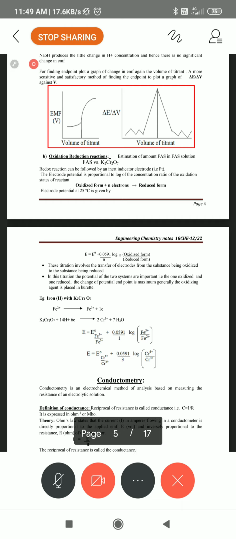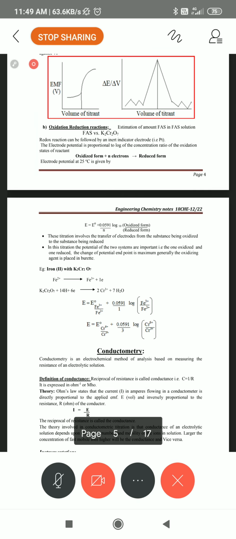Then afterwards, at 500 or 600, you will get that steep point, or equivalence point, or jump in the values, the jumping point. We call it the equivalence point. Same definition: the maximum titrant used to complete the reaction with the analyte. Afterwards, keep on adding 0.5 ml, you can continue up to 10 ml. Then you will plot the graph.